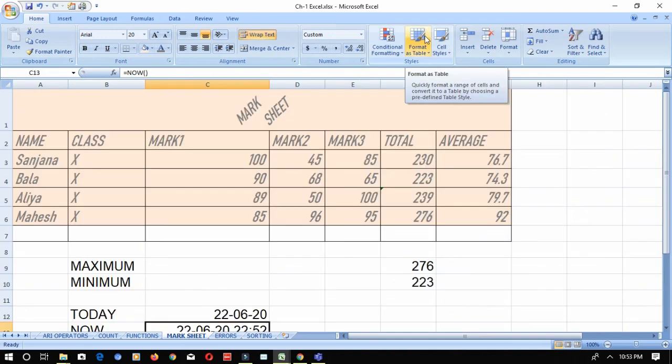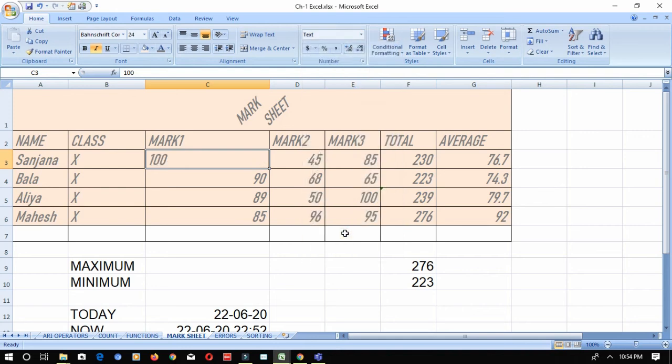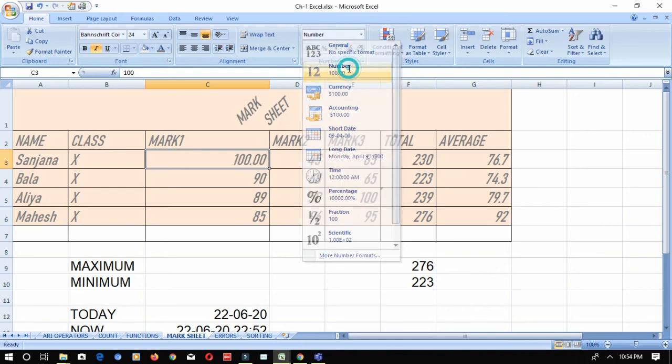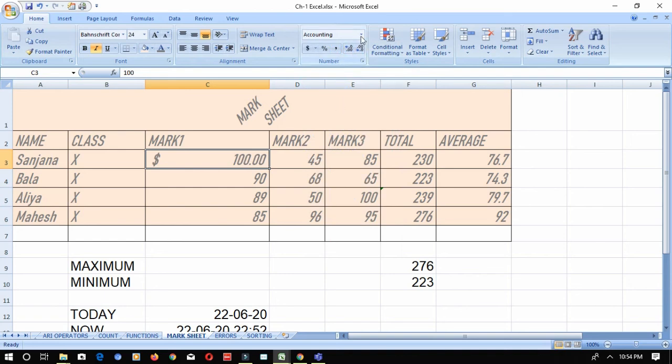Now let's see how to format the numbers. These are the numbers. For example, go to the numbers group of the home tab. So there are so many ways to format the numbers. See, currency format, number, accounting, date, time, percentage. These are the different ways to format the numbers. Okay, so general, number, it will show you with decimals. Currency, it will show you with the rupee symbol or dollar symbol. Accounting or date, time. So any way you can change to enter the numbers.